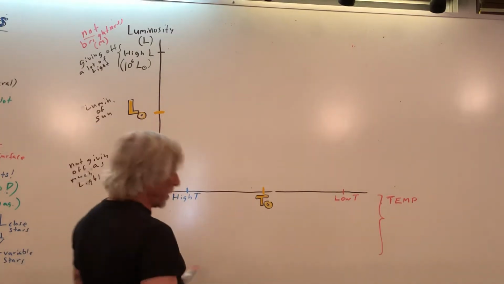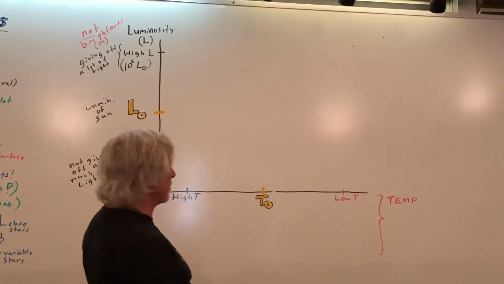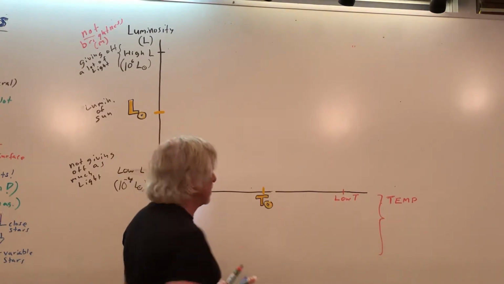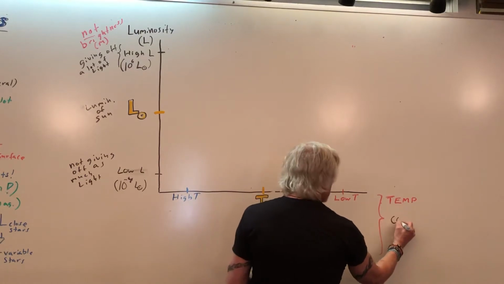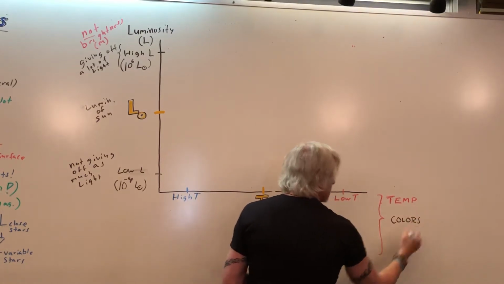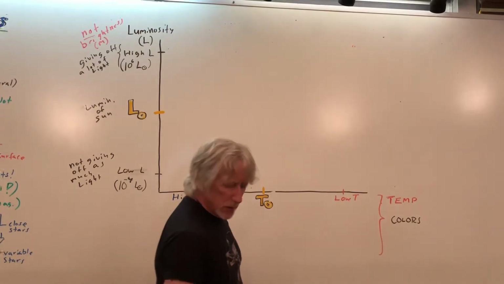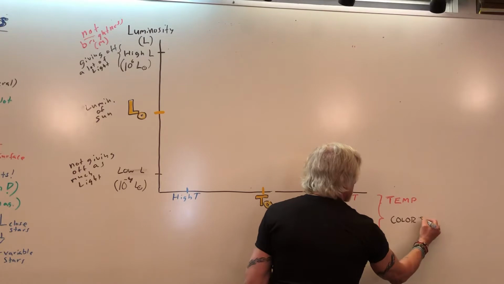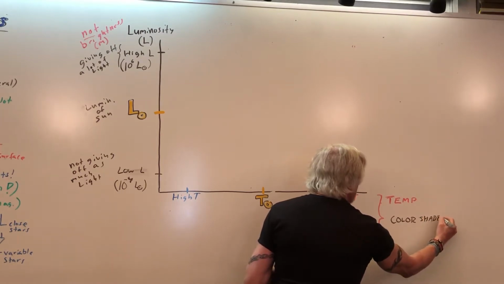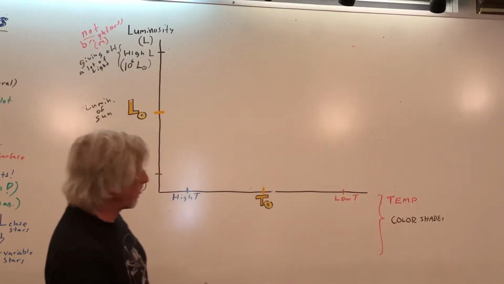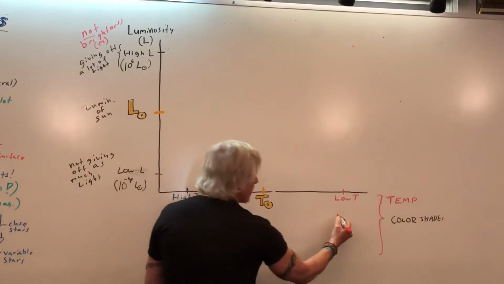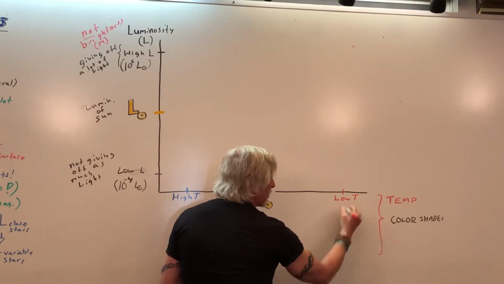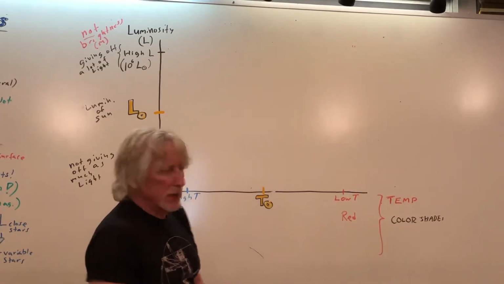And surprisingly, I used color over here, didn't I? So let me write colors. I'll use black for colors. But let's just say color shades. Remember those 4 shades? So, shades of color. And so what you start seeing is sort of a red. And you could say red-orange, but I'm going to say orange-red because